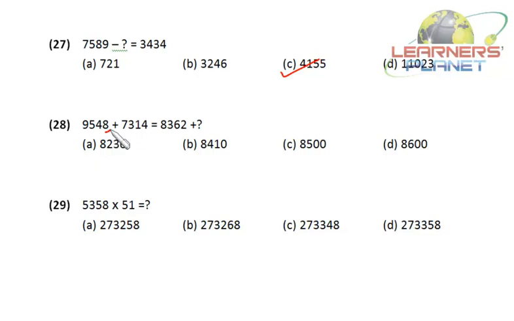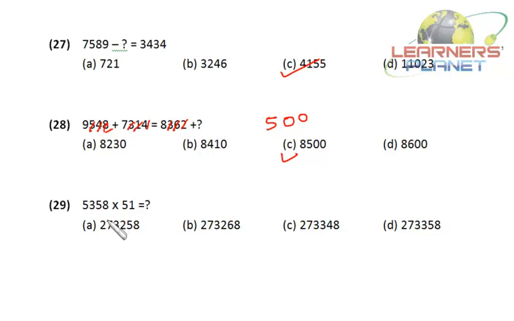let's begin. 8 plus 4, 12, minus 2, 10. So 0 at the units place. 1 will be carried over. 1 plus 4, 5, 6 and 6, 12. It will be 6 minus 6, that will be 0. Then 5 plus 3, 8, minus 3, 5. So the last three digits must be 500, which we are having only in this option. Okay, friends, so I hope you are clear with the problem. Let's do the next one.